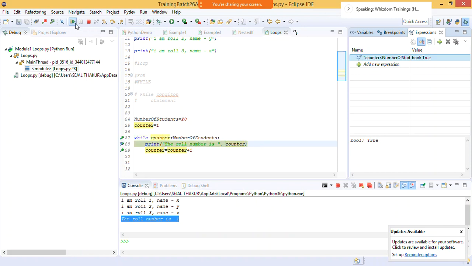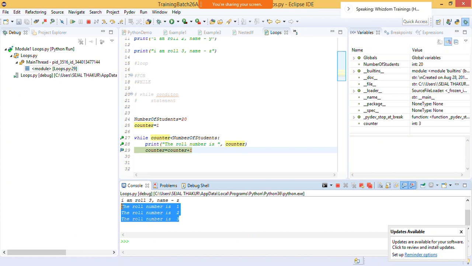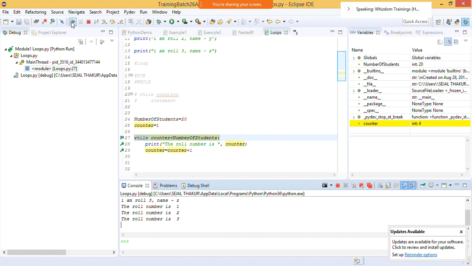So I go again. This time it becomes true because counter is 2, which is less than 20. So it is going to print many times, right? I'm just going to show you the output here. Roll number 1, 2, 3 has been printed, and the counter is going up. Just keep watching the variable section on the right. Counter is 4, now counter becomes 5, and so on. It will go on up till 20. I'll wait at 19 and then we'll evaluate when it breaks. Okay, so